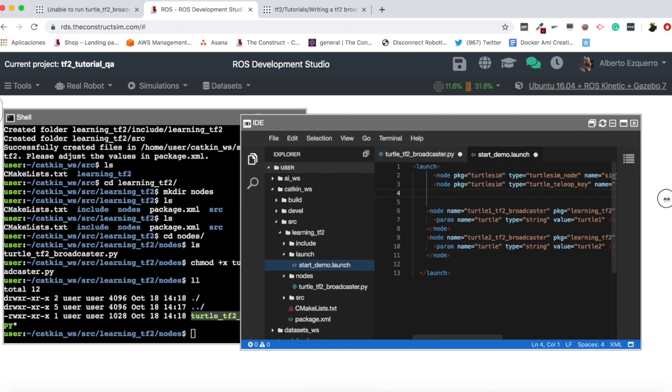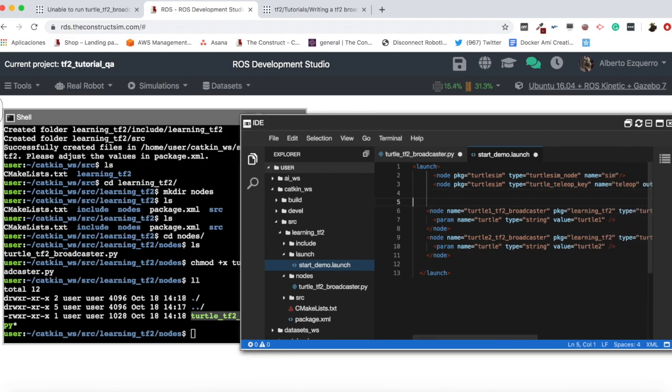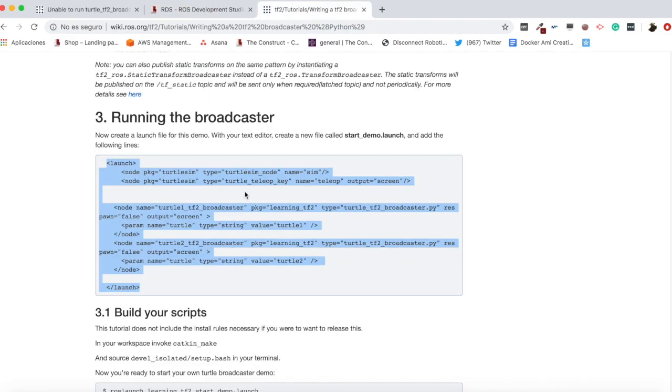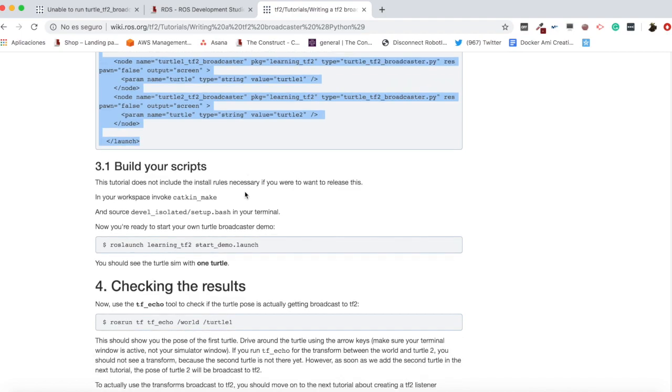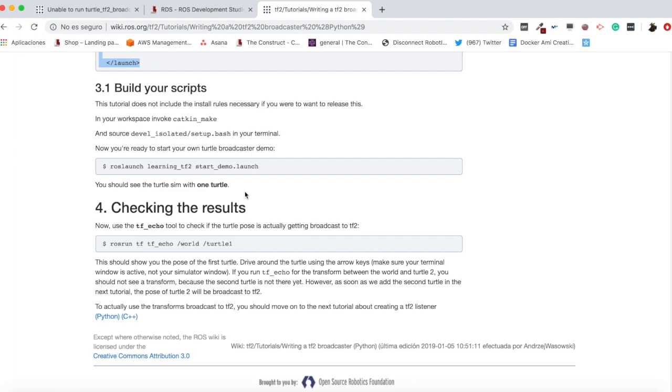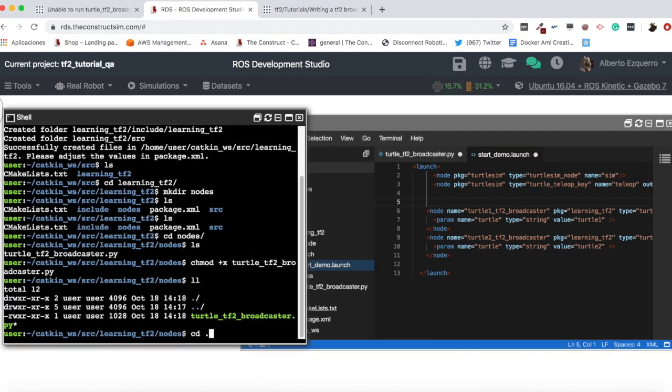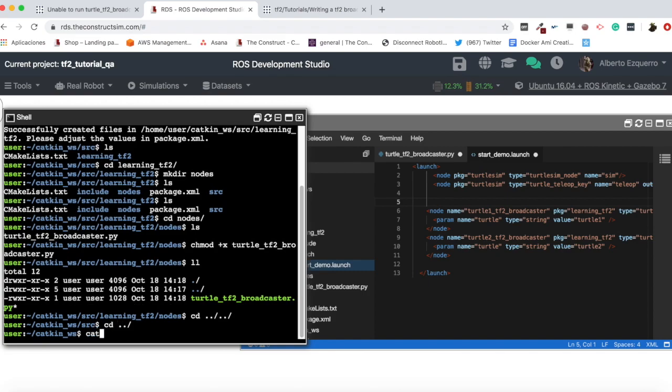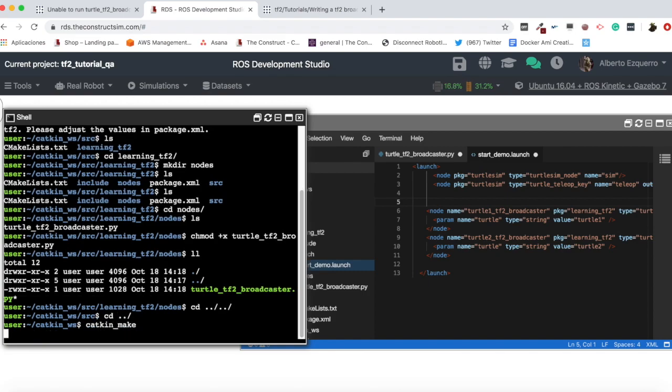Excellent. Let's make this a bit bigger. Okay, and now we need to build our scripts. Although in this case I don't think it's necessary because it's just a Python file. There's no custom messages, nothing we need to compile. Anyways, I'm going to compile this. So catkin make,